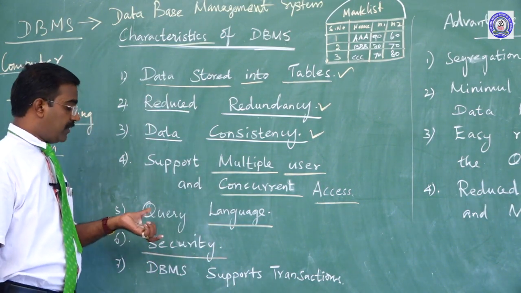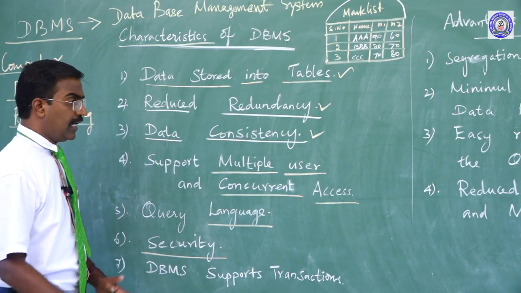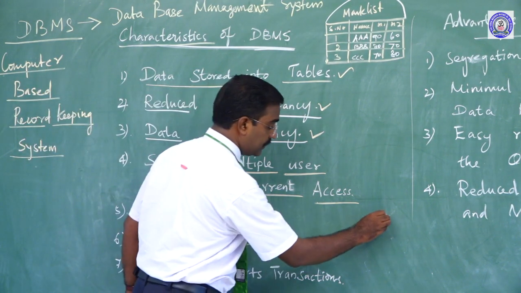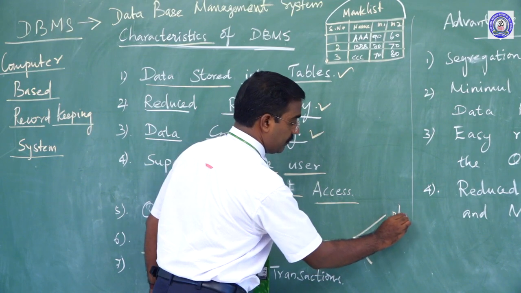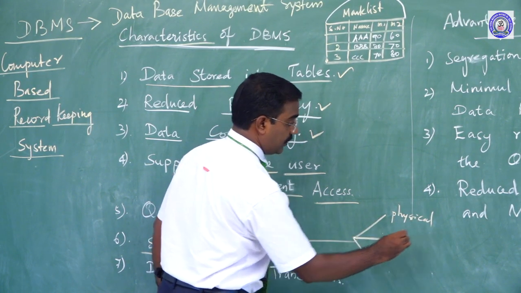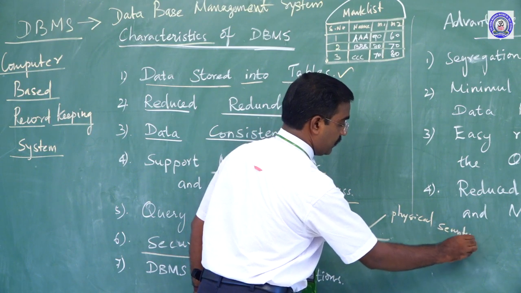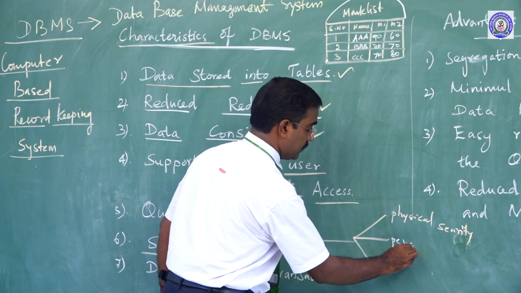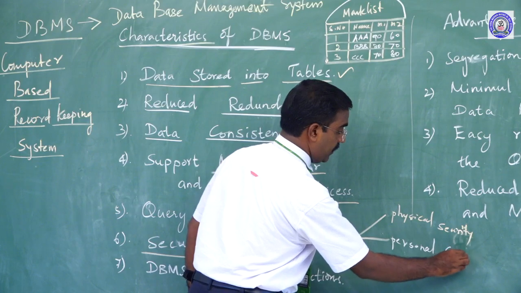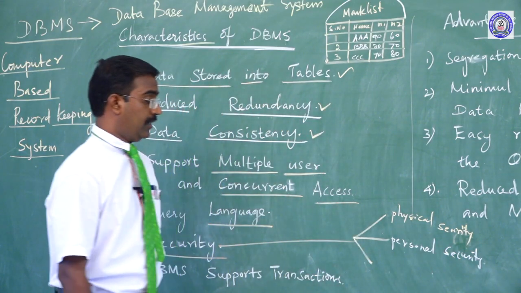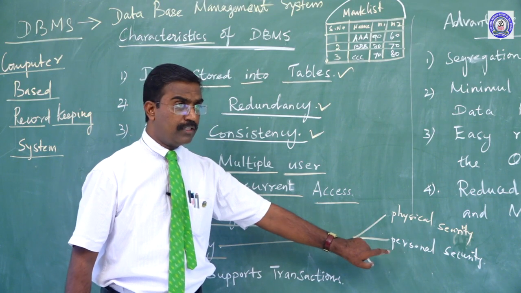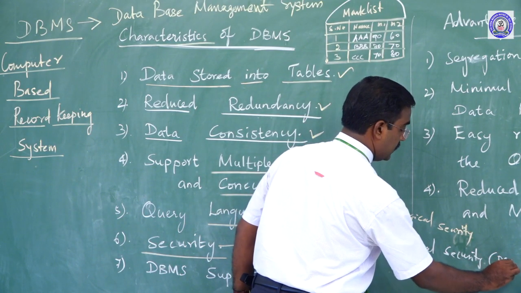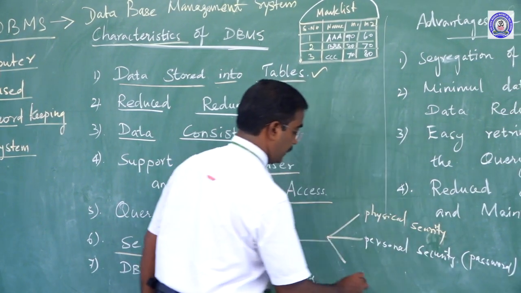When creating a database in a computer, we see physical security, system-based physical security, and then password security. Password security means without knowing the password, one can't open the file. That is why we are introducing a password. We will create a password. And then the third one is